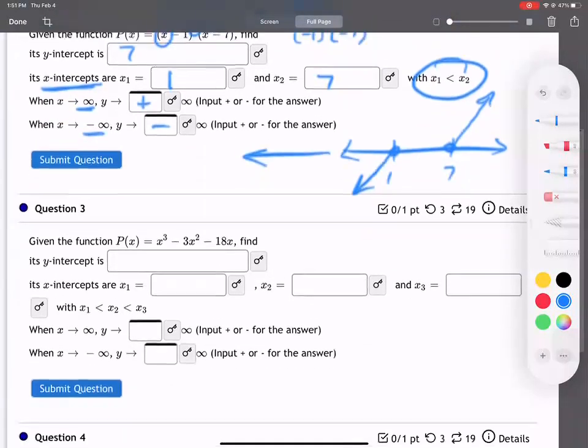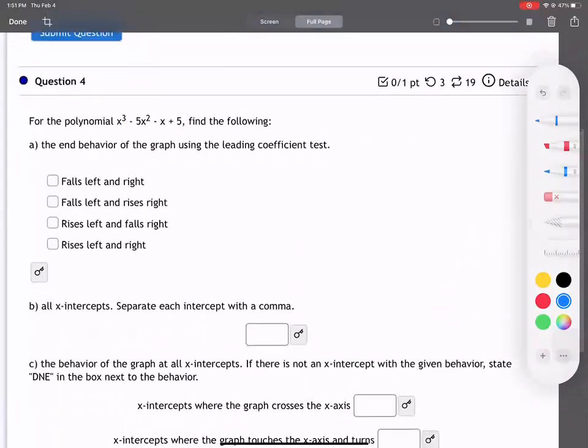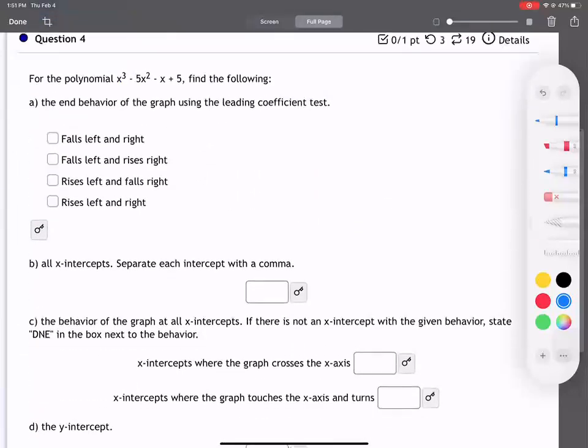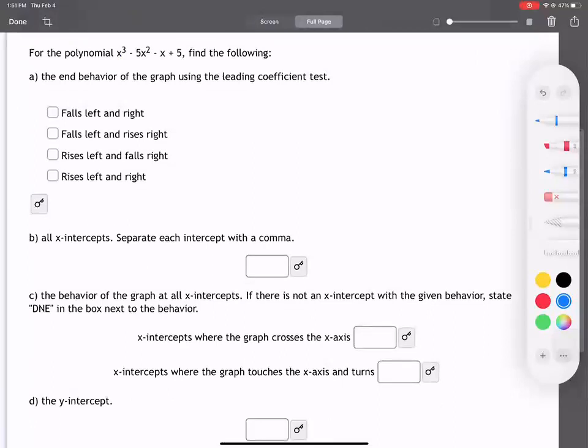Now you guys have a lot of questions here. Some of these questions do have videos, but let's go to this next one. This next one looks quite difficult, but let's go ahead and go through these types of questions. For the polynomial x cubed minus 5x squared minus 5 plus 5, okay? For this one here,